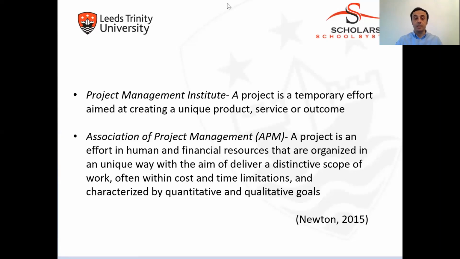As you can see, the definition provided by the Association of Project Management is a broader definition, which also gives references to the characteristics of the project. How? First, it states that it is an effort in human and financial resources. So, in order to manage a project, or in order to be involved in the project management process, you need to handle human and financial resources. And with another approach, you may think that it's the resource allocation and resource management process. So it is organized. You organize the financial and human resources